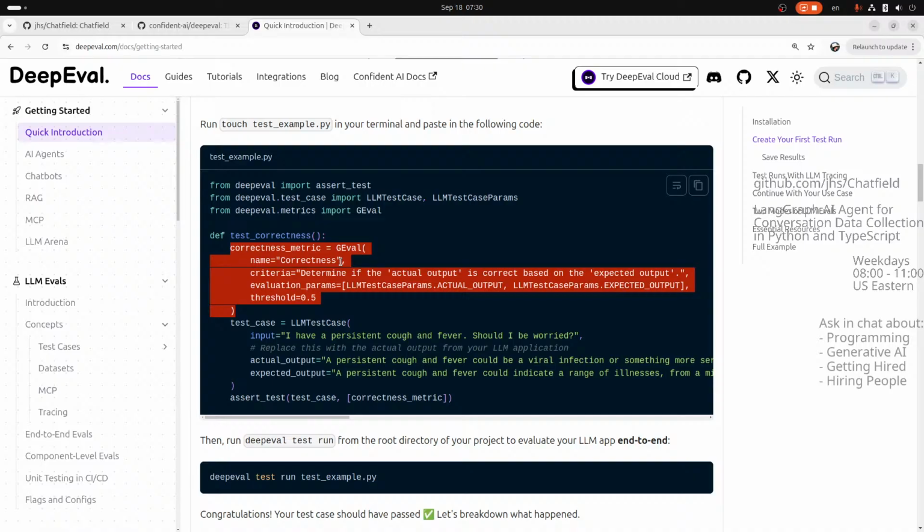And then this LLM test case is also similar. There are easy ways to just build up tests and do that. I think that's nice, because getting something shipped that's working fast is valuable. The perfect is the enemy of the good, so this is super, super good. In Chatfield, I can start doing tests